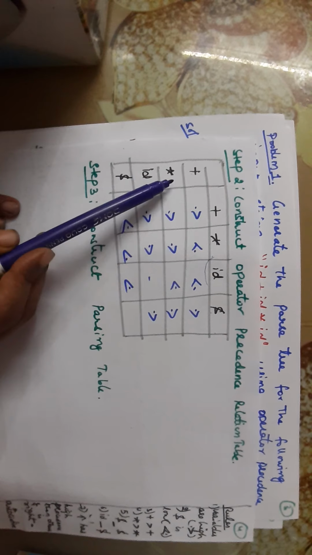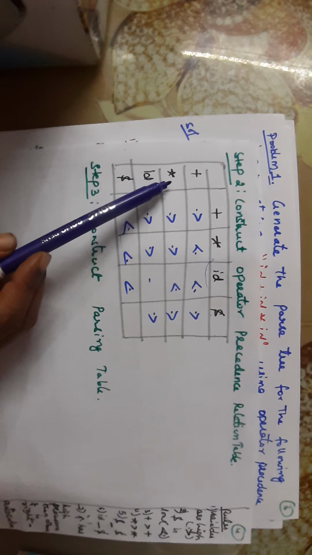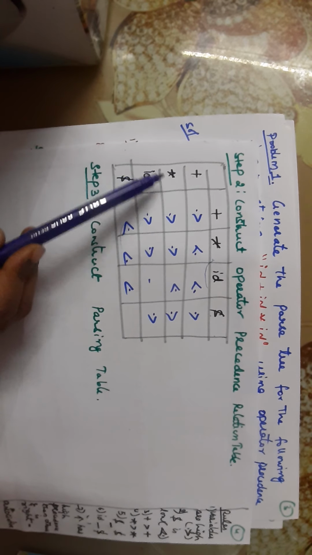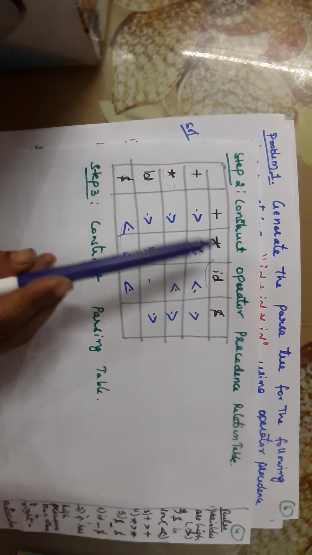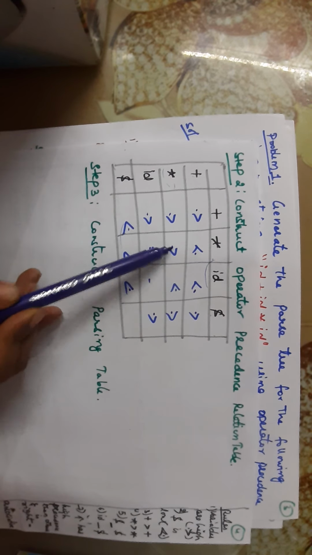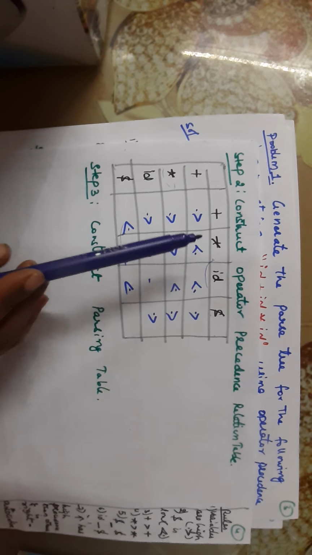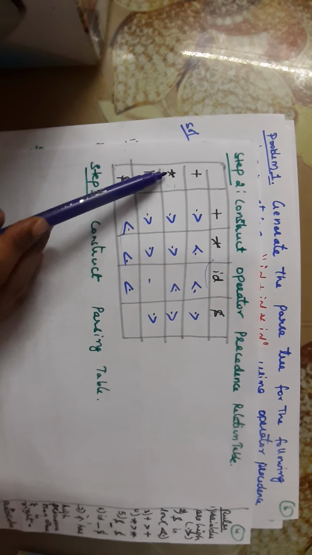Star and star are both the same symbols. Now we don't check the precedence, we check the associative rule. According to the arithmetic associative rules, all the arithmetic operations follow left associative. That means the leftmost operator will have the highest preference. So this star is left and this star is right, so this has the highest preference over the other star. This is greater than this, so we write a greater than symbol. And when we compare star with ID, ID is always greater than the remaining symbols. So this star will be less than this, so this is the less than symbol. And all the symbols will be greater than dollar, or dollar will have the least preference here. So star is greater than the dollar symbol.